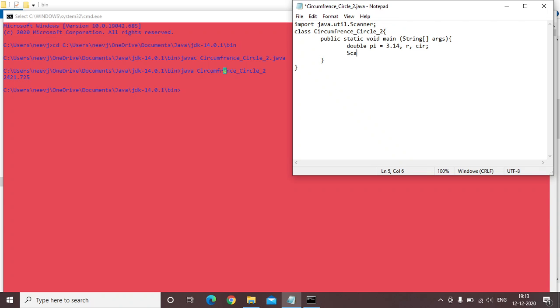Then we'll write Scanner sc equals new Scanner(System.in). Now we'll write, what will we write? Right, r equals to. So first of all we'll ask the user to give us the radius, whatever the radius is that the user will give. Enter the radius of the circle. Right. So now r equals to sc.nextDouble,